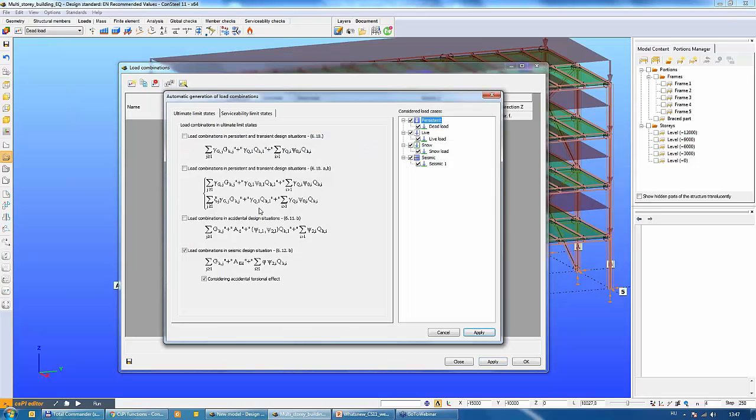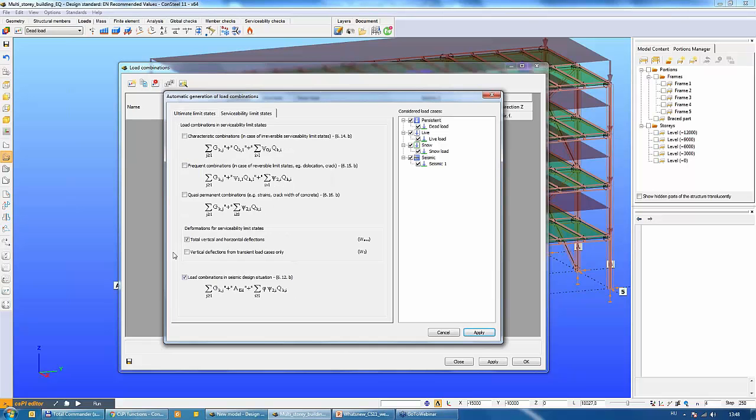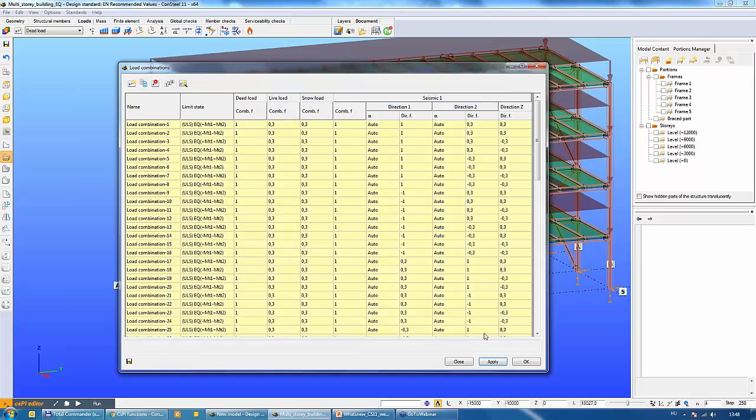Full load combinations. Now, not just the load combinations, but considering the accidental torsion effect in the load combinations option is also available. With these options, accidental torsion effects will be considered in the load combinations. And if you go to the serviceability limit states, you can also find the load combinations in seismic design situations. If you click on the checkbox and click on the apply button, ConSteel automatically creates the necessary load